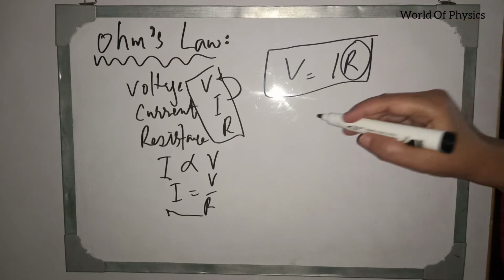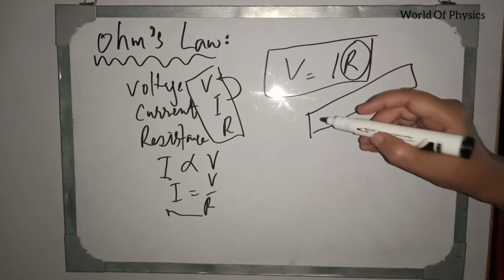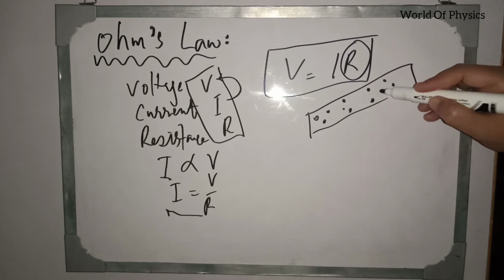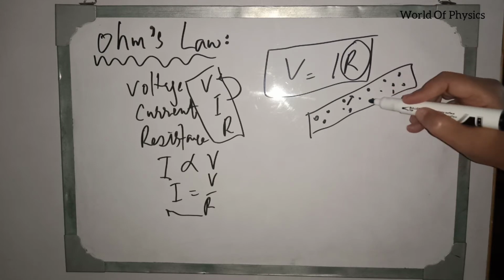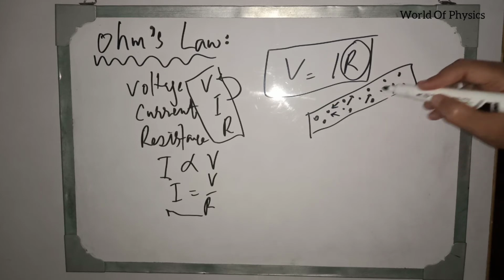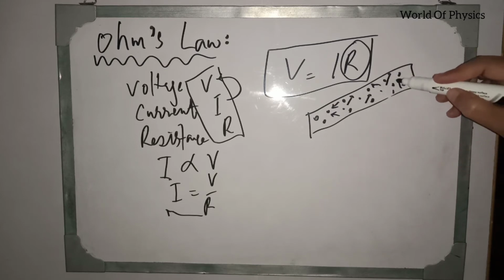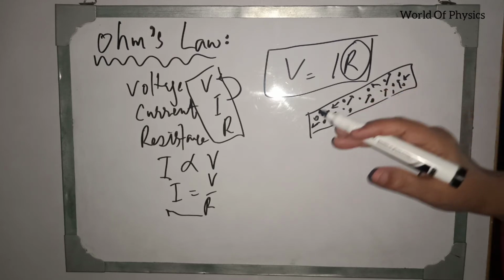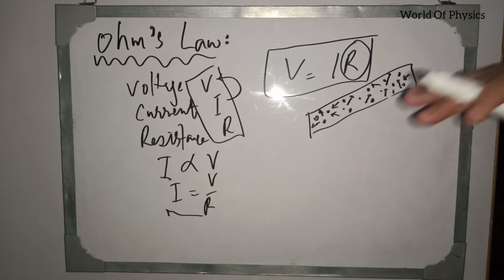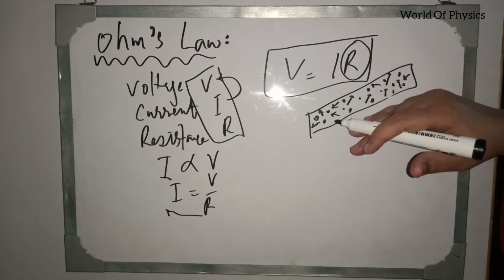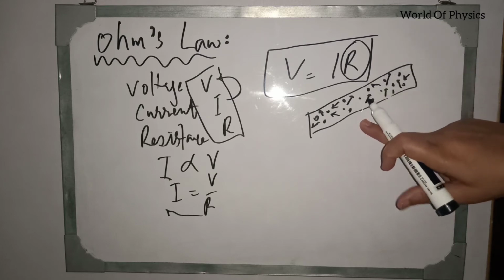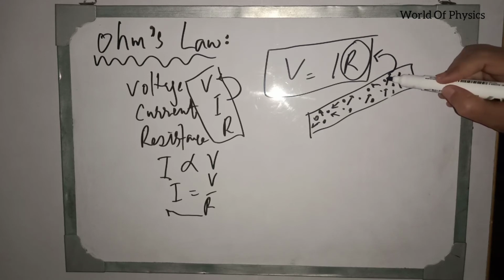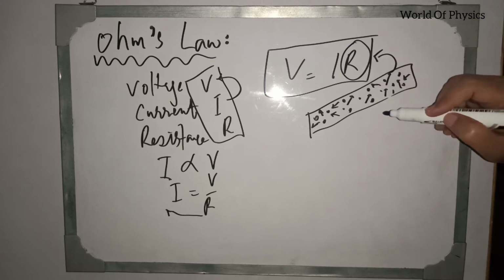And where does this resistance come from? When we take this conductor, it has atoms as well as electrons for motion, so not only electrons are present in this conductor. Atoms are also present. What is the role of these atoms? These atoms create hurdles, they restrict, they oppose the motion of charges. This opposition to the flow of charges is called resistance.